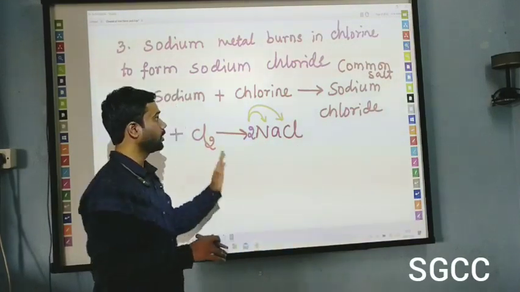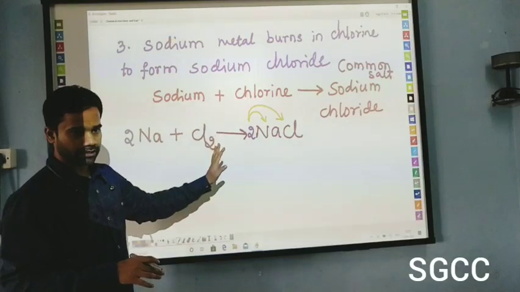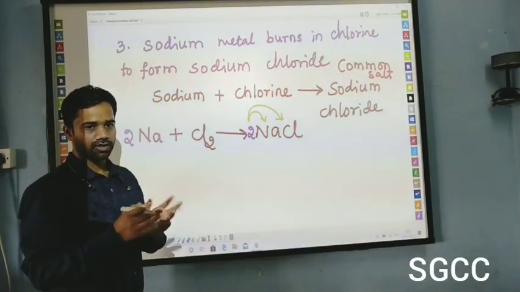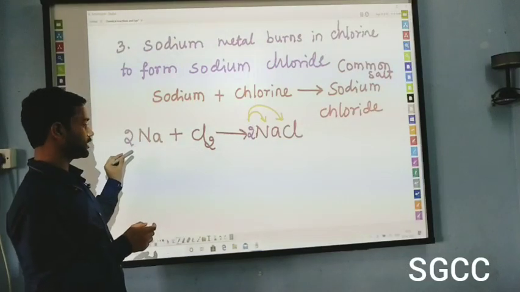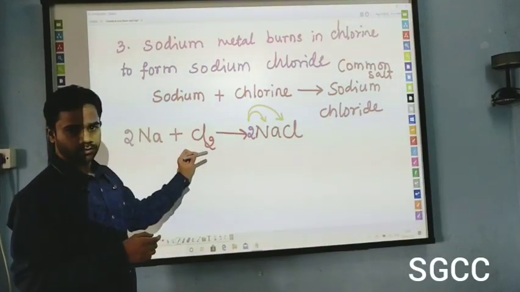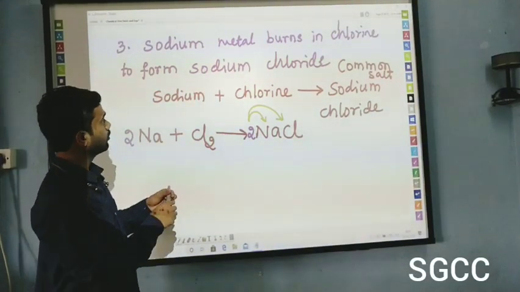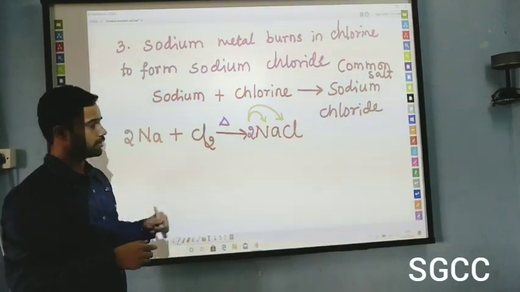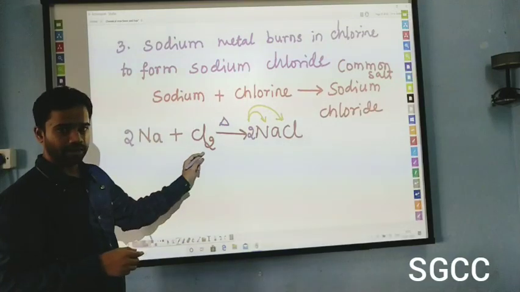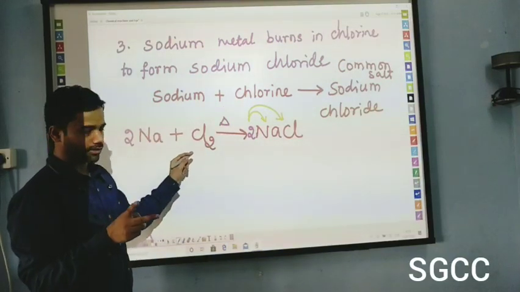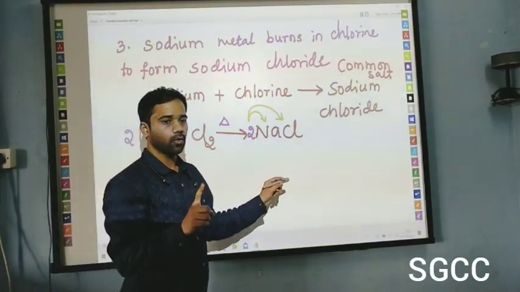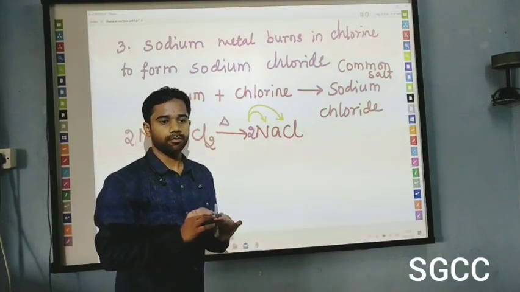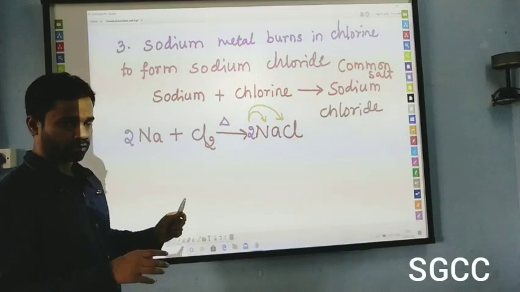So it is a chemical combination reaction. Check whether it is going to be a combination reaction or some other type. How many reactants were present? 1, 2. 2 reactants are present. Okay, I forgot that we are burning sodium in chlorine, right? Sodium and chlorine, we have only 2 reactants. How many products are going to form? Only one product is generated. So it is an example of a combination reaction. I think you got this.